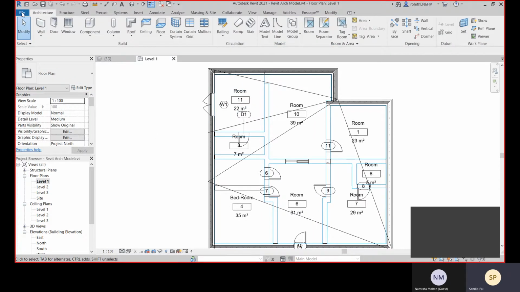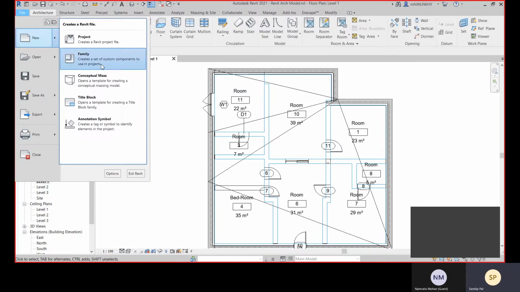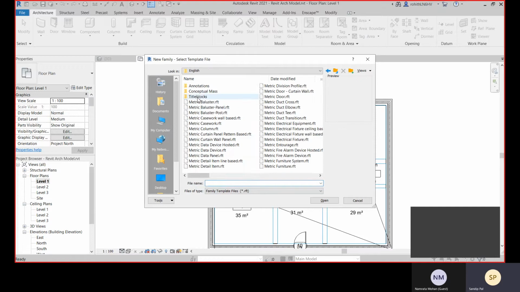All right, so for that, let's go to creation, new, come to family, and then select and go with this template English. If you're going with metric, select English, or if you're going with feet and inches, then select imperial.